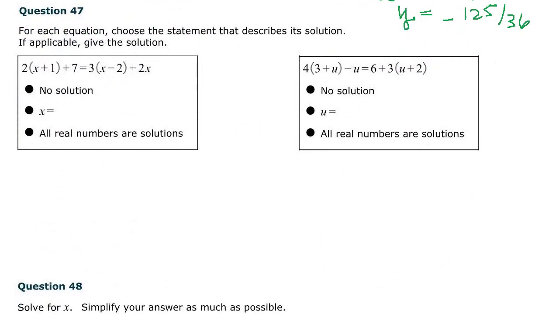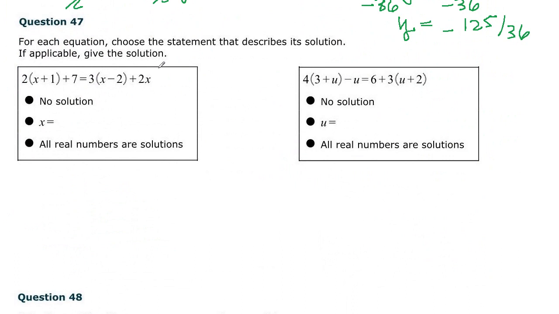Okay, so next up here, we're just looking at different types of equations. For each equation, choose the statement that describes its solution. There can be either no solution, one solution, or all real numbers. And you have to do a little bit of work to really decide what's going to happen. So for example, here we can multiply that 2 times each piece. Here we can multiply the 3 times each term inside there. So we will get 2x plus 2 on the left, and then plus another 7